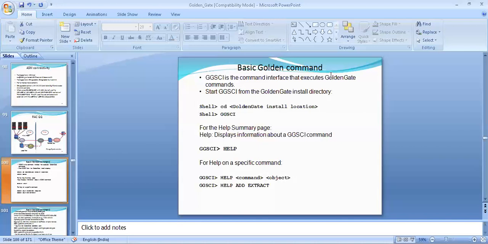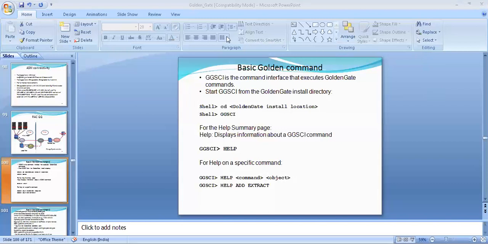The technology of how the extract process is going to read the redo log file is an internal process. It is not used for the data pump. It is used for only the extract process. So how it internally reads the redo log file: in integrated mode, it will use the LogMiner concept.